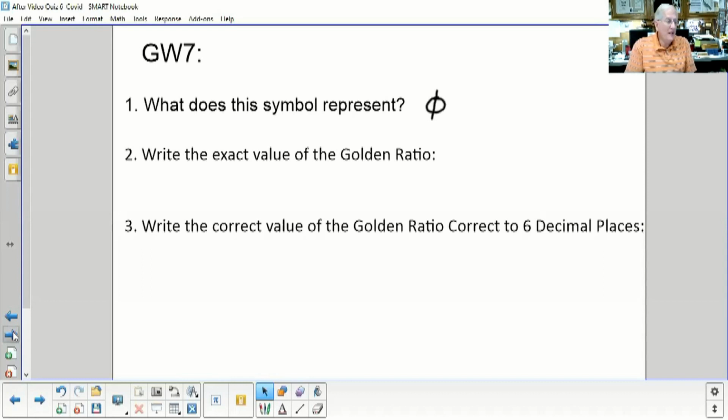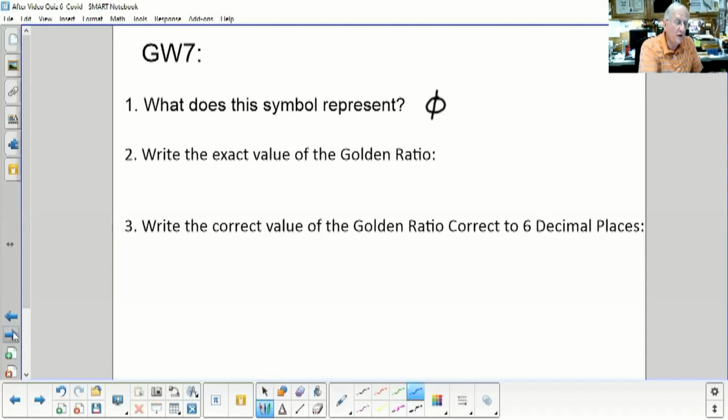Well, the first question we answered, and the second question we answered, and the third one on Group Work 7 yesterday, but let's review them again. What does that symbol represent? That symbol represents a term we call the golden ratio. And remember, the golden ratio was basically derived from taking Fibonacci numbers that were next to each other,